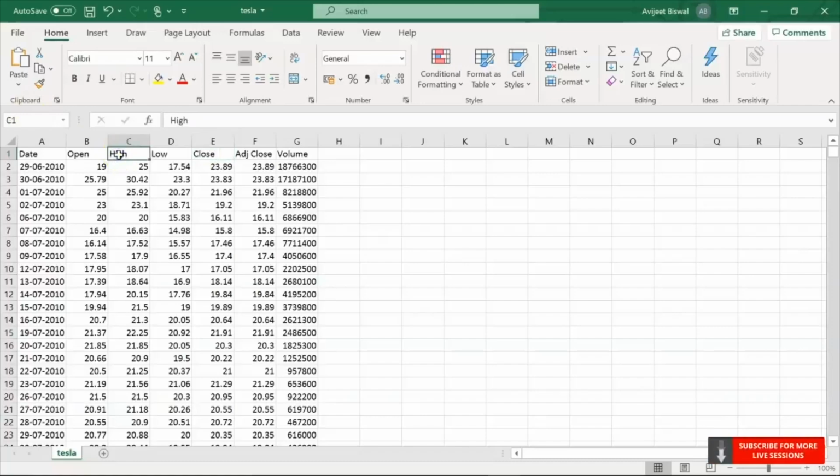The high column is the highest price at which a stock traded during a period. The low is the lowest price of the period. Volume is the total amount of trading activity during a period of time. The adjusted closing price is a calculation adjustment made to the stock's closing price. It is more complex and accurate than the closing price. The adjustment made to the closing price depicts the true price of the stock because the outside factors could have